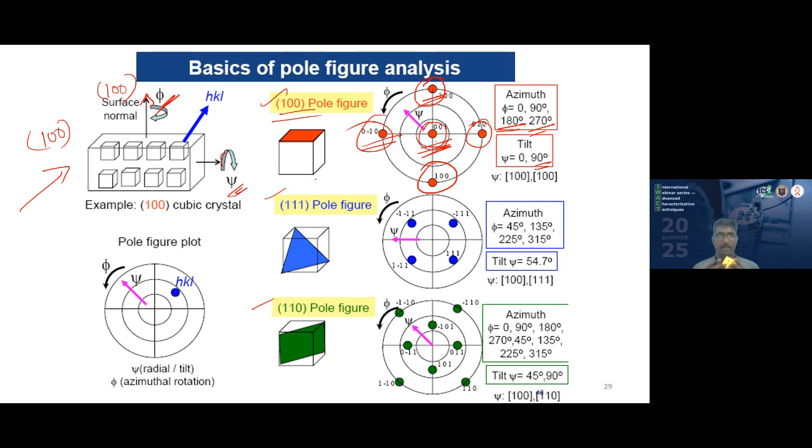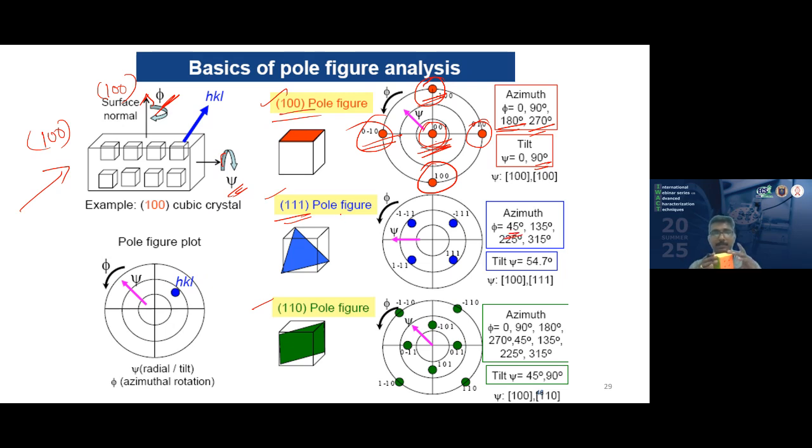This is how pole figure analysis is done. So for each psi value, we will rotate the sample from 0 to 360 degree. Another example, for the 111 plane. From a cubic crystal which has a 100 plane, to obtain a 111 plane, first we have to rotate the sample from 0 to 45 degree,